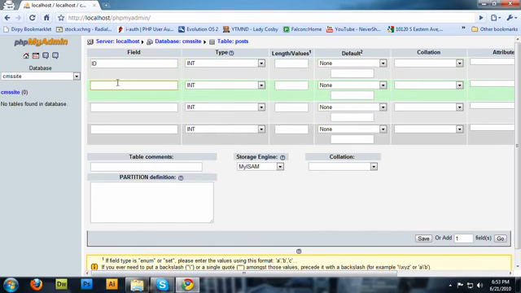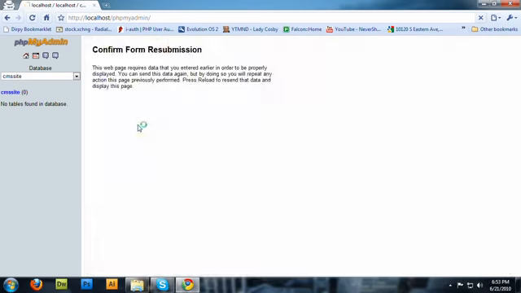We're going to make one called title, and it'll be a varchar. Let's do 100. No, 150 because we might have code in it. And we'll make one called author. That will also be a varchar, and then it will be 100. And then we will have content, and we'll make that